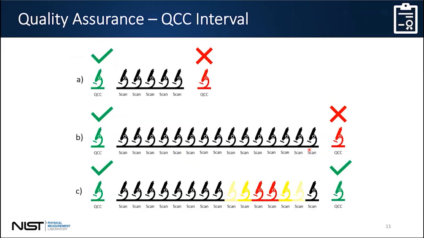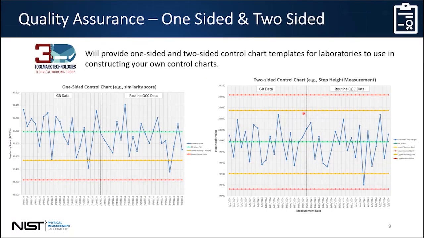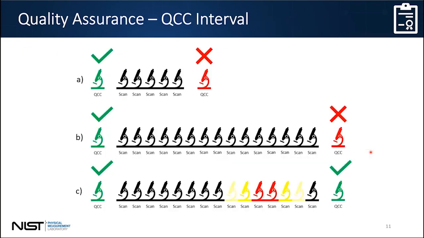Now, just like Rachel mentioned last week, how often you do your checks, and let's go back to the control chart here. After these first 20 data points, you have now established these boundaries and control limits. Everything after that is your routine quality control check data. How often you do that, technically we're leaving it to the laboratories, but we encourage you to do it frequently. And I think last week, Michelle said that they do it every day, that they take an actual casework measurement, which to me is the optimal way to do it because you don't want to lose any data in between,